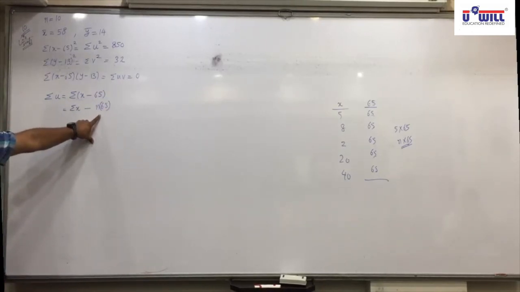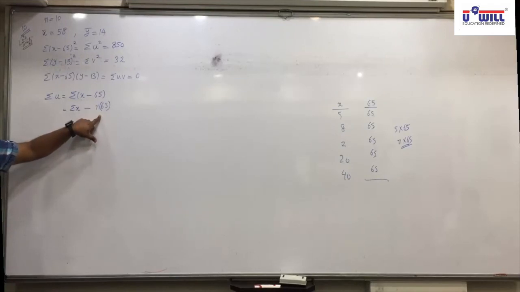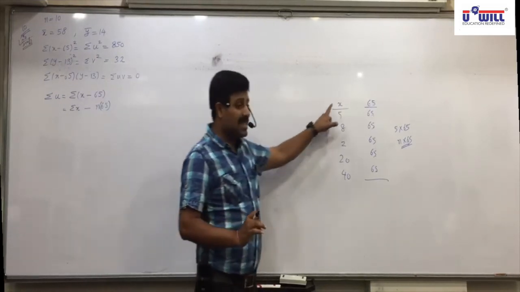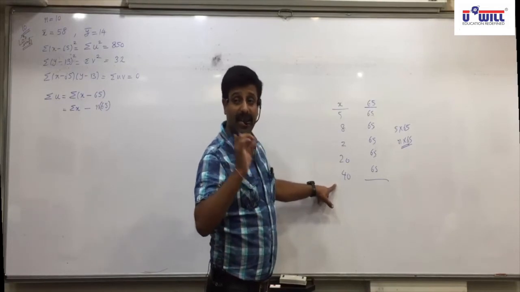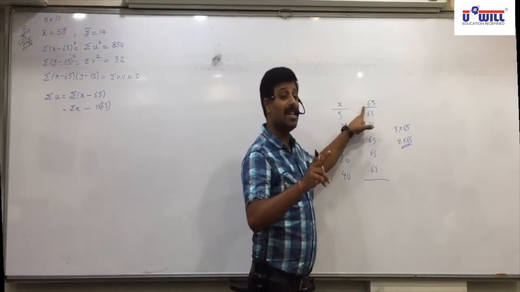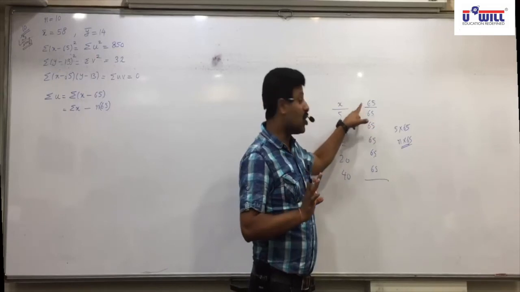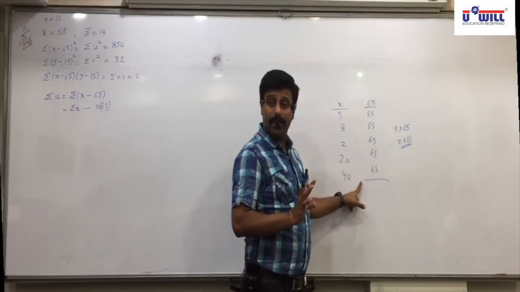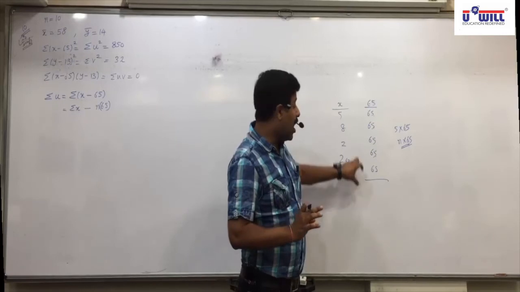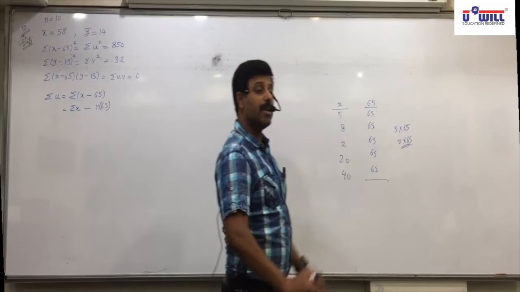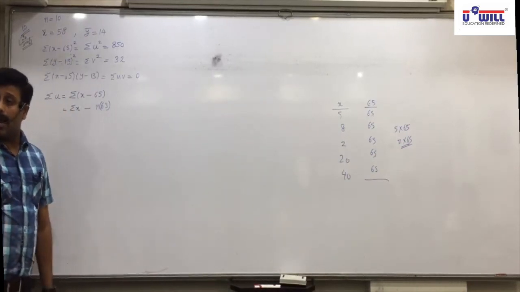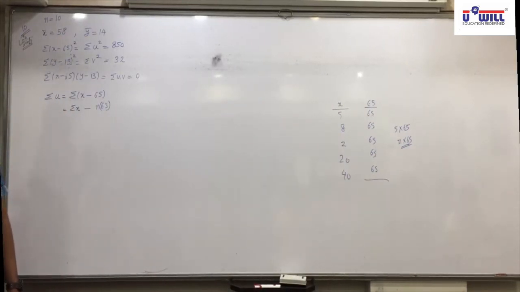Raise your hand if you did not understand this. Once again, the value of x is a variable. Variable means all the values of x will be changing, different. 65 is a constant number, meaning all the values will be 65. So if all the values are 65, how can we obtain its total sigma? n into 65. Understood that? Now raise your hand. Kushali, did you understand this? Now how would you find sigma x?